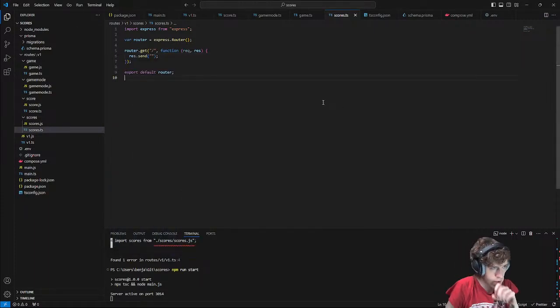Okay, so there's two things I want to do. I want to create example data in the Postgres database, and I want to set up an easy way to do HTTP requests to test things out. So something like Postman. The issue with Postman is it has way too many features for what I want, and it costs money. Well, I guess it doesn't really cost money if I use the free model, but ideally I would use something open source.